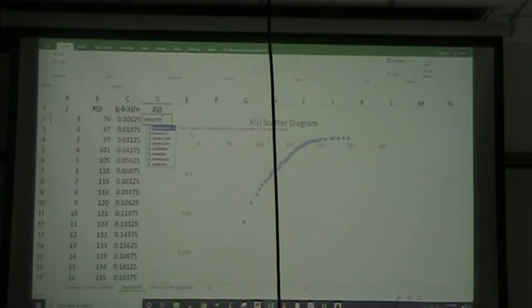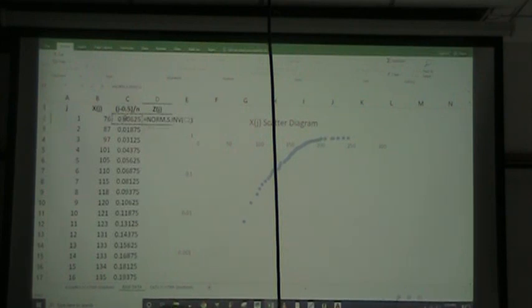I want the one that is NORM.S.INV, or inverted. Because then all I have to do is click here on my (j minus 0.5) divided by n,